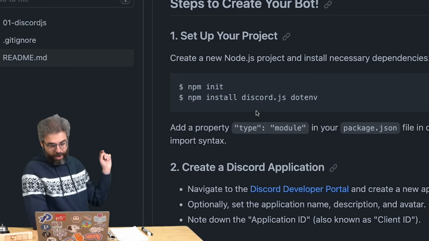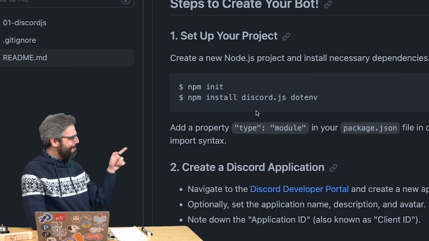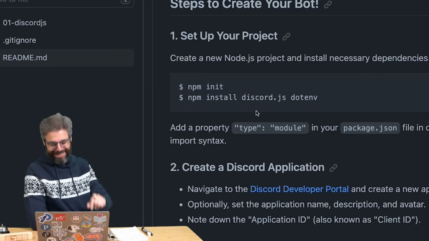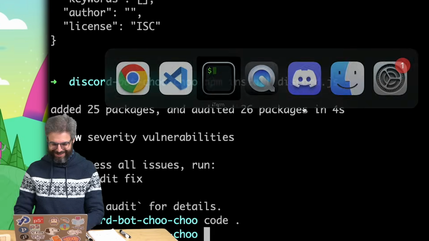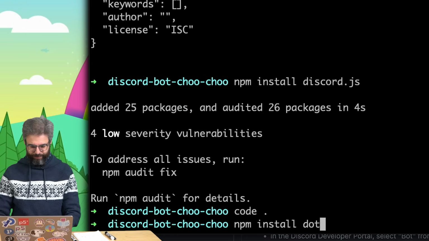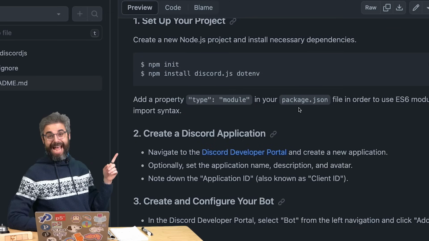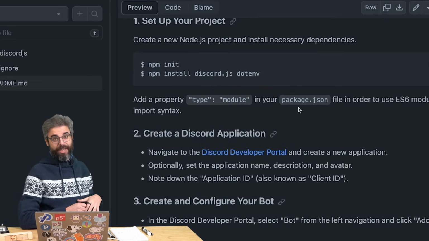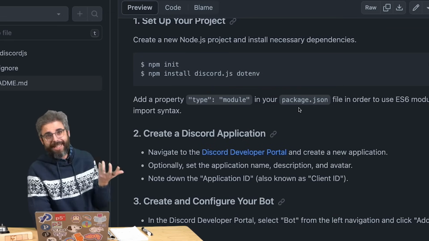OK, so I've set up the project by saying npm init, and I installed discord.js. I forgot to install the .env package. Let's add that. I did add type module to package.json. Great. So this first step was just to get the Node project set up but really it's not worth trying